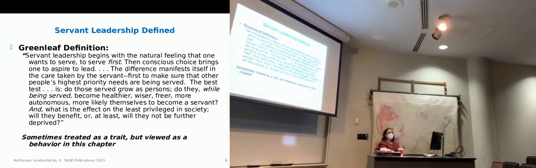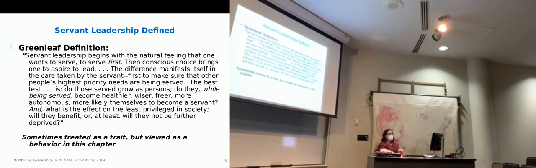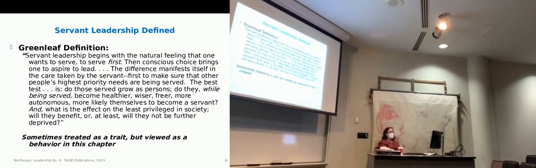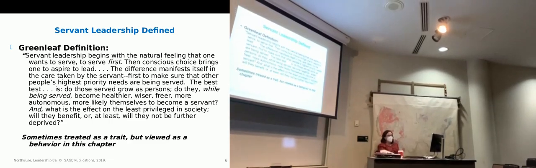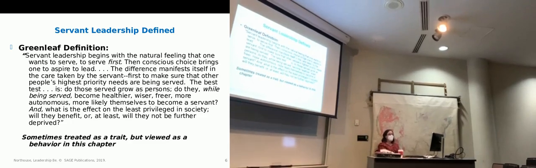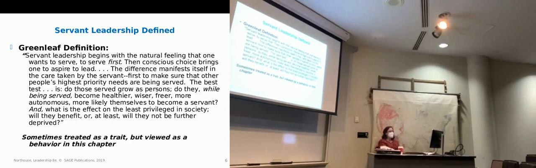I guess something that stands out to me, I don't know if it's really that different from other things, but the natural feeling that one wants to serve, I think that's pretty cool. There's not extrinsic or intrinsic rewards or motivation really tied to it. I would say intrinsic motivation, but the servant leader doesn't need people poking and prodding them to do it. They're just going to do it. It's just natural. It is part of who they are. It goes a little bit back to this idea of maybe it is a trait of theirs. Some people are just more servant-minded than others, perhaps. But yeah, it's natural.